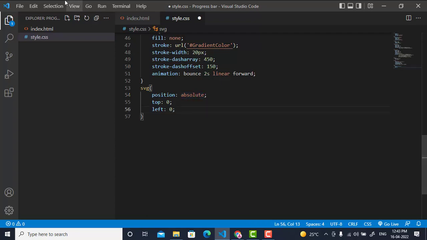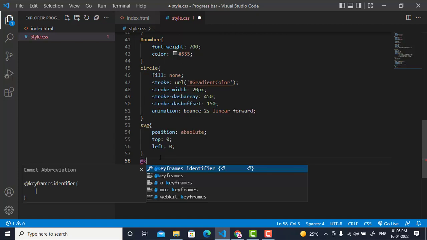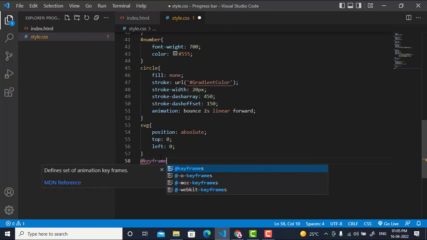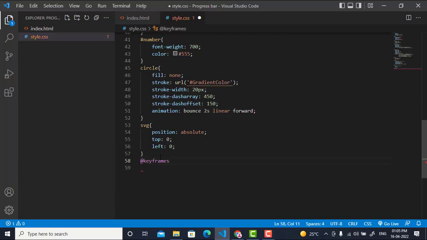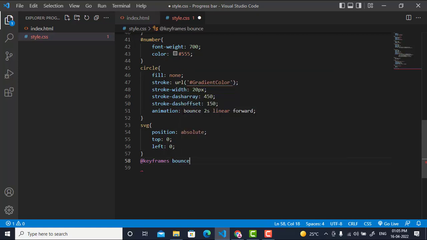Okay, I will refresh it. Save all, refresh. You can see it has adjusted in this. Now I will add an animation to this. At the rate of keyframes, bounce, as we have given it the name bounce here. So for this I will write